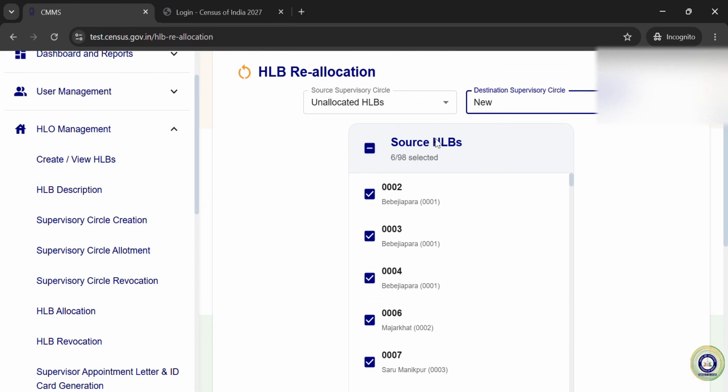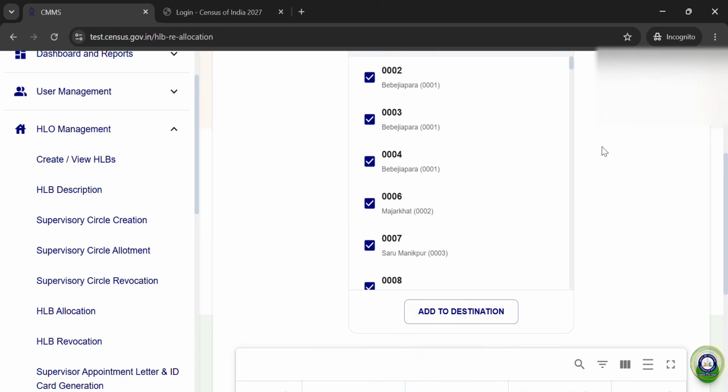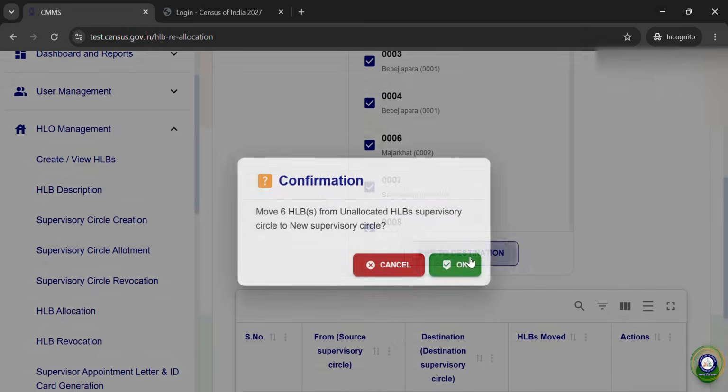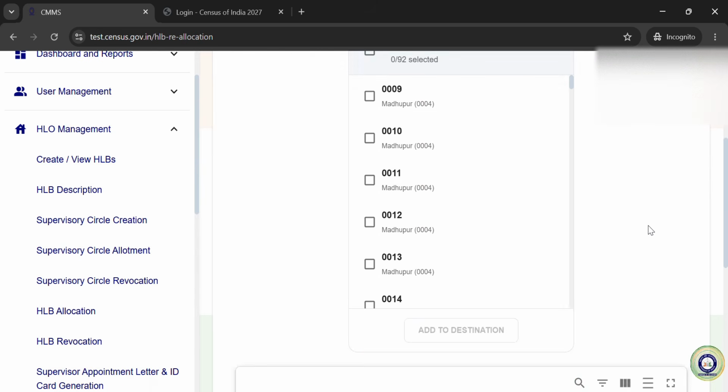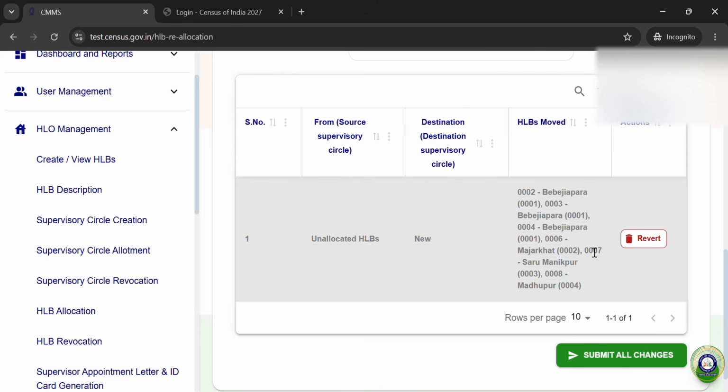This is the source and this is the destination. From the source, these unallocated HLBs will be moved to the new supervisor circle. When I click on add to destination, you see this new supervisor circle has been created.